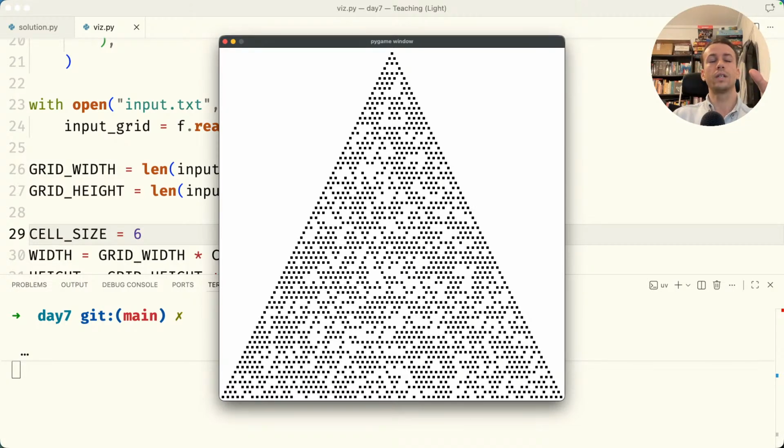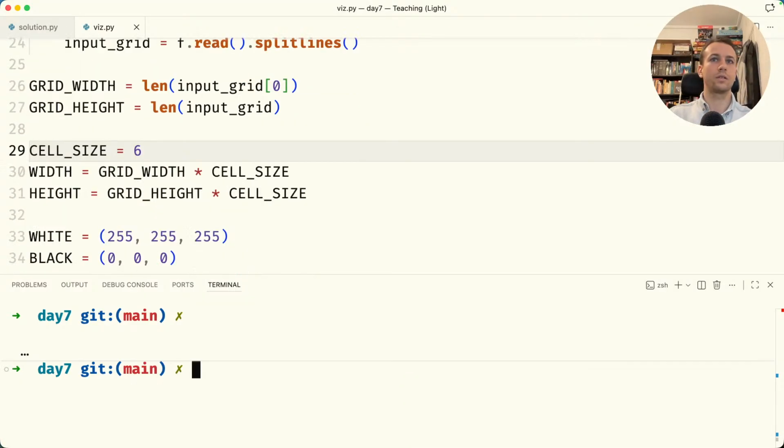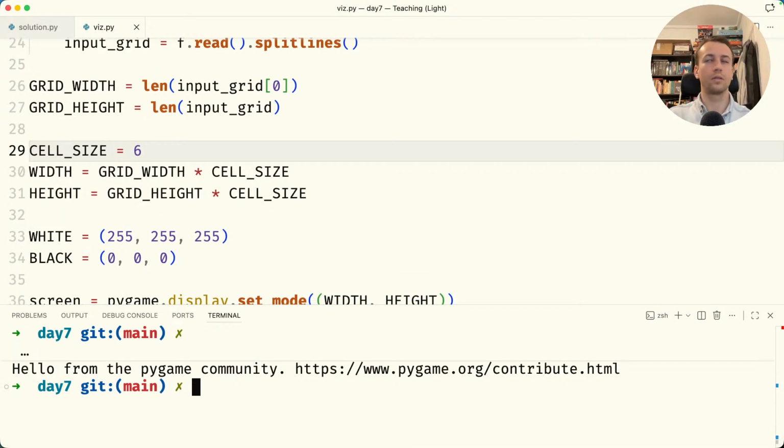Now what we're going to do is have a beam go down the tree, and the colors of the beam will be darker where there are more paths. Yes, that's what I'm thinking. Alright, so let's do this. First I want